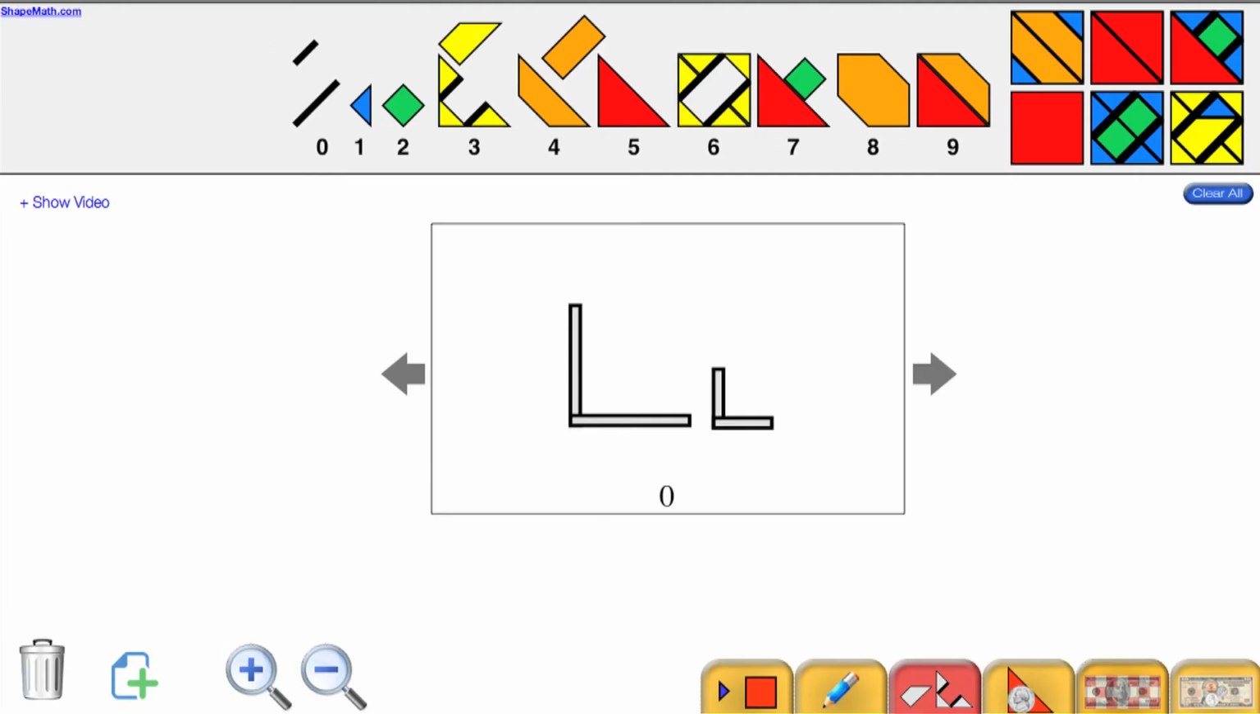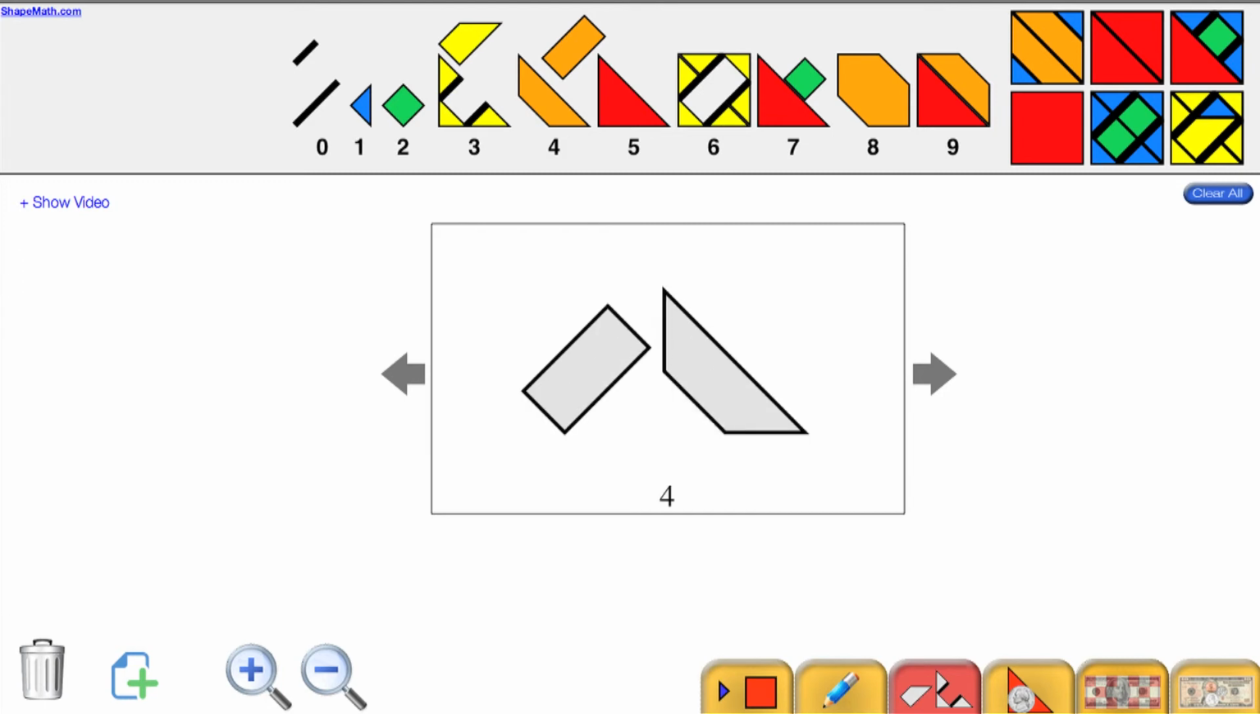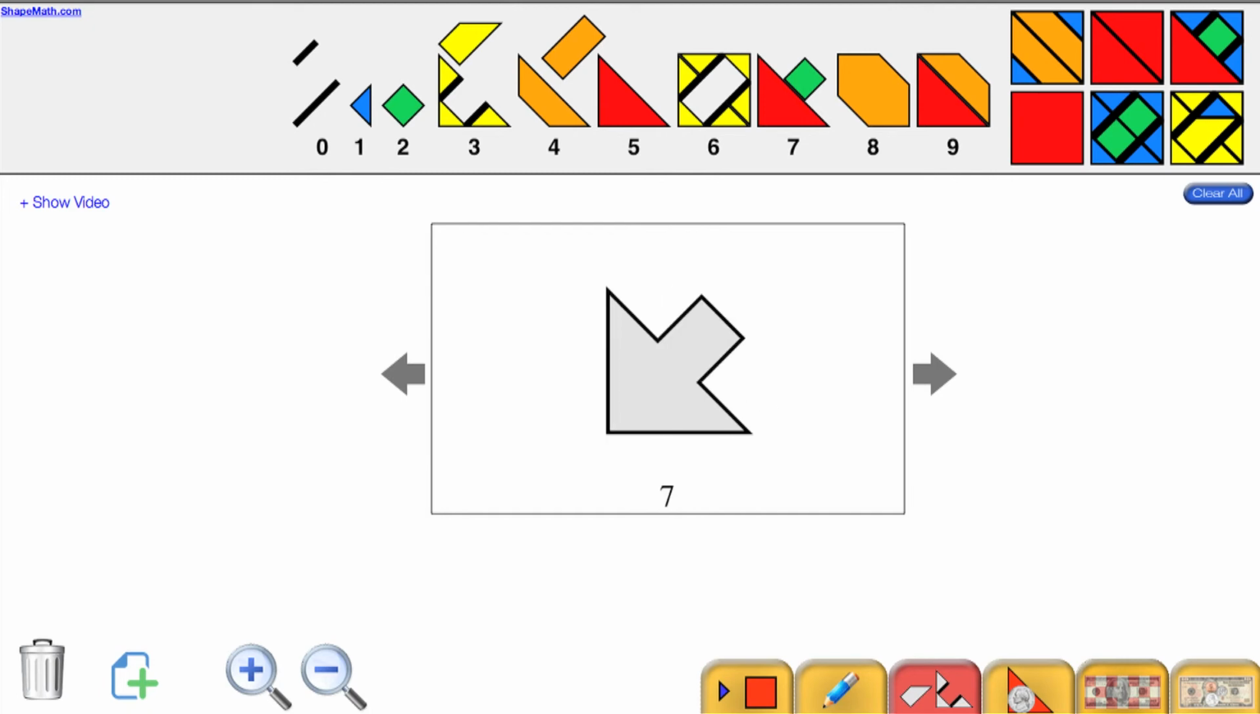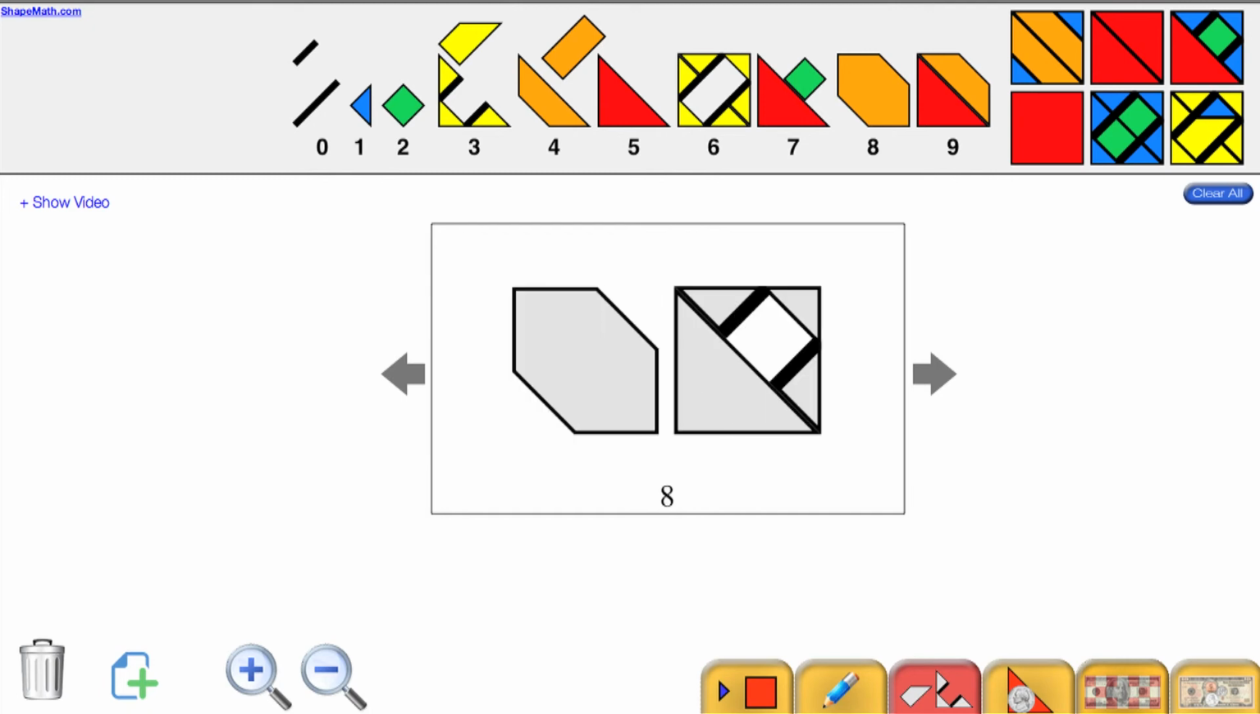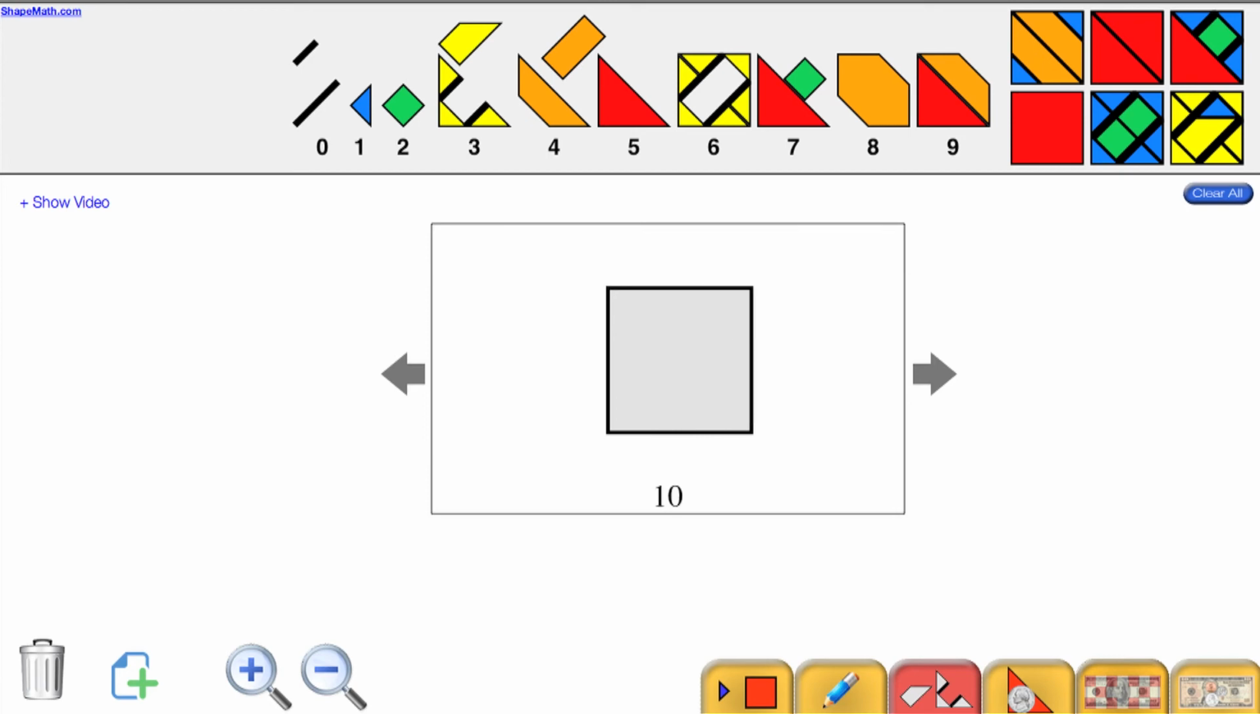This section of the web application is called the Outlines tab. It shows all the shape math outlines for numbers 0 through 10, so you can practice different ways of making them. You may have noticed that there are two different forms of two numbers, 3 and 4, which brings us to our next principles,